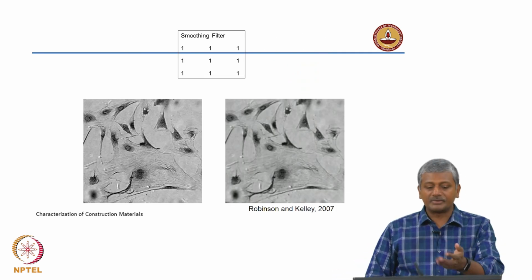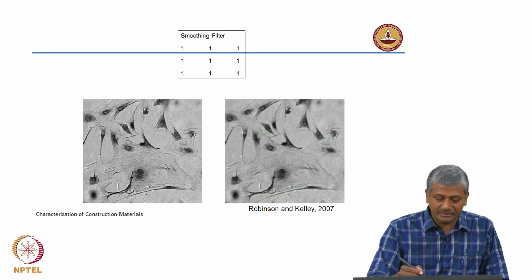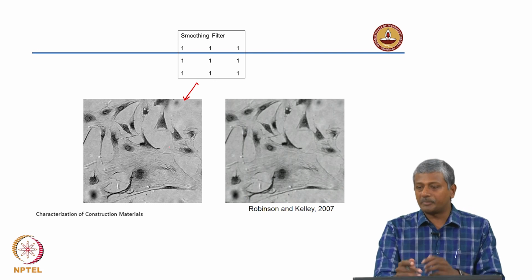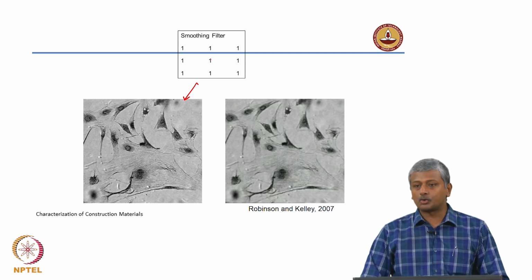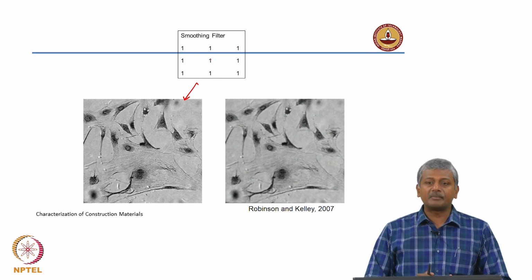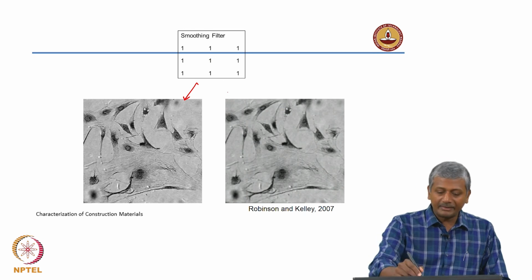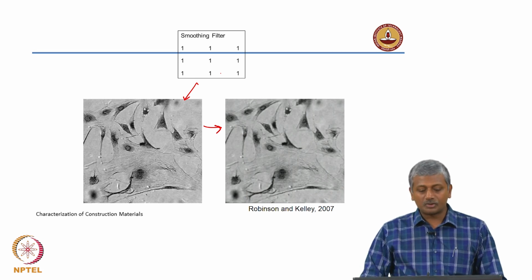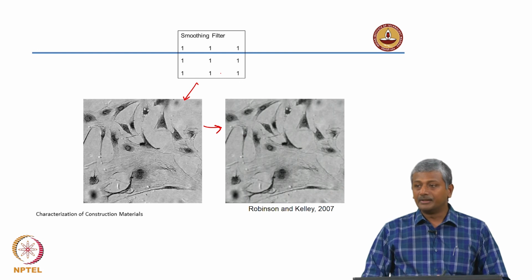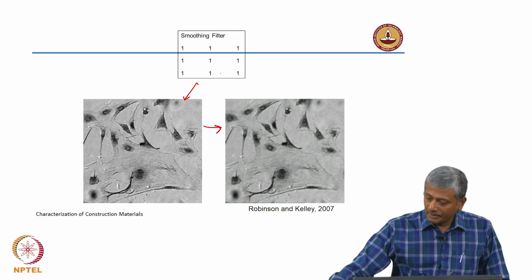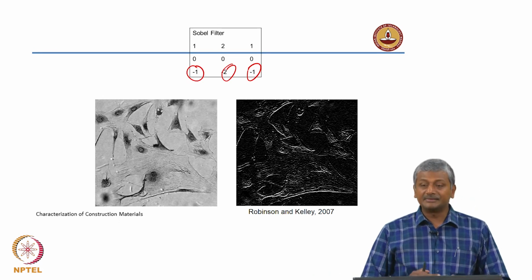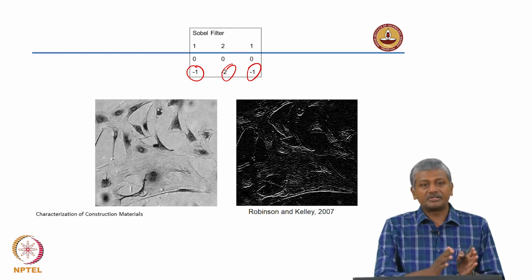So, again just to give you an example of how the smoothing filter actually operates. You can see that this image is a series of gray level values for its different pixels. The smoothing filter chosen in this case is a 3 by 3 matrix with values of 1 in all the cells, and the resultant image that you get after this matrix operates upon this image is a much smoother image. You can actually see that some of the sharpness has been removed. Now, a sharpening filter on the other hand, as I said, will have some negative values to enhance the distinctions between the different adjacent pixels.